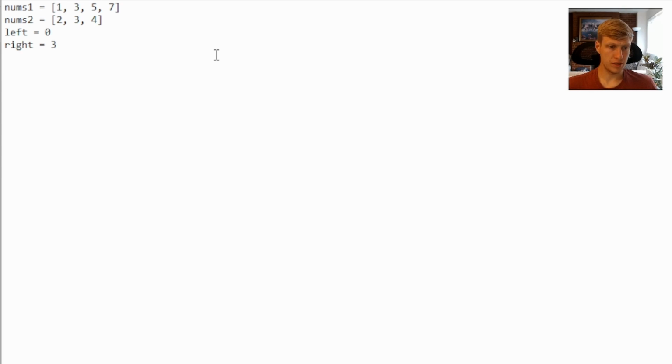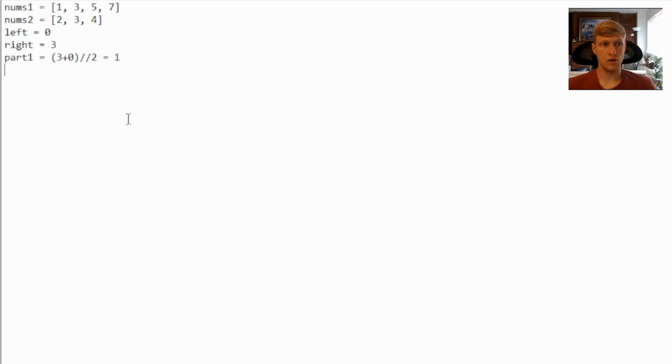Next, we'll want to calculate our partitions. Our first partition will be based off our left and right points and will be equal to (left + right) divided by 2. And for all of the division we're going to be doing round down division, so we stay with whole numbers. These numbers will be used for indexes in our arrays. So in this case, (3 + 0) divided by 2 is 1.5, but we're going to round it down to